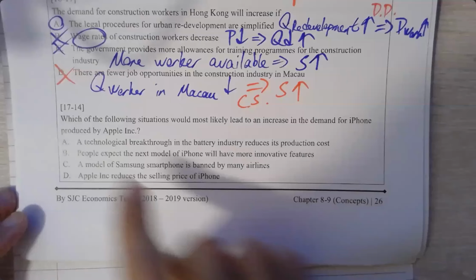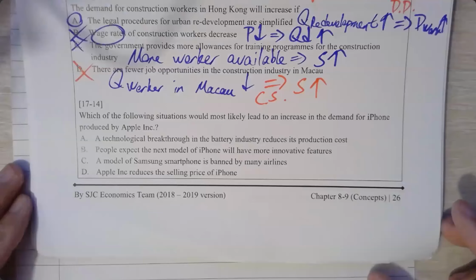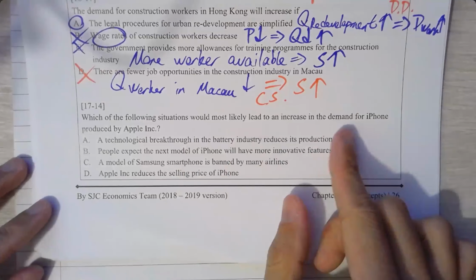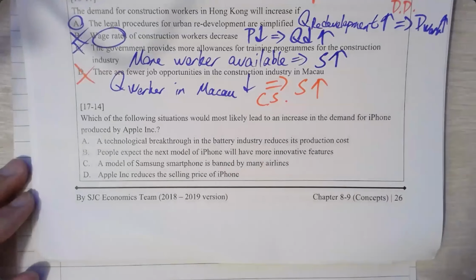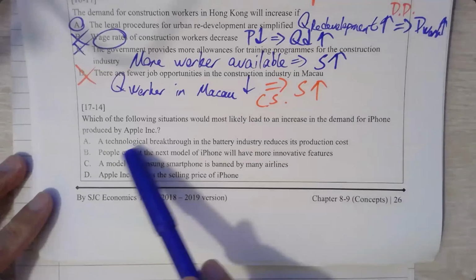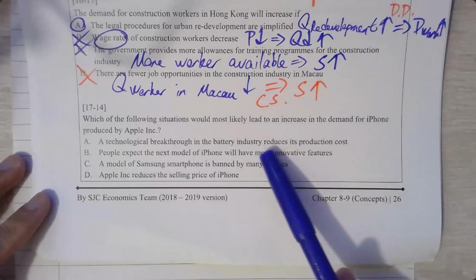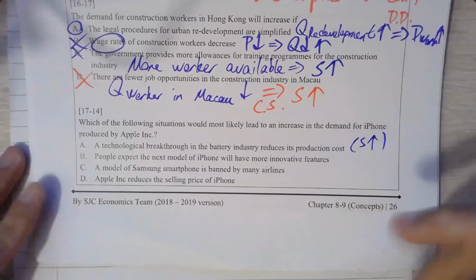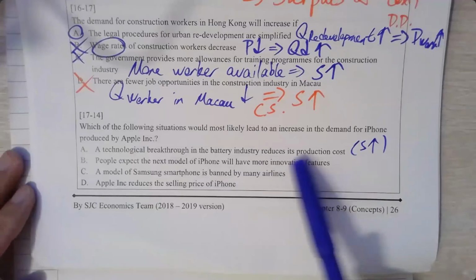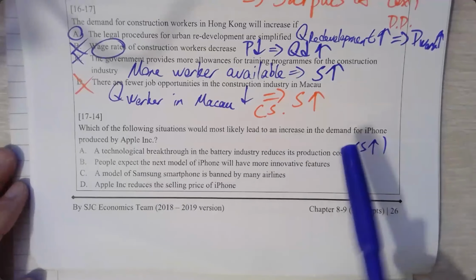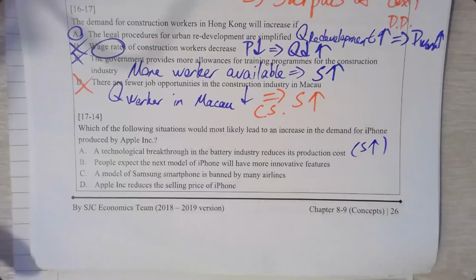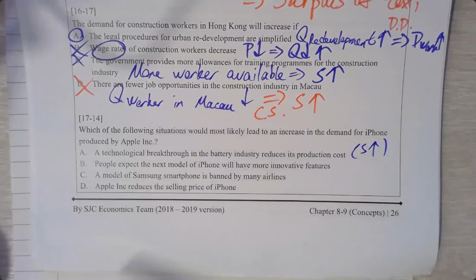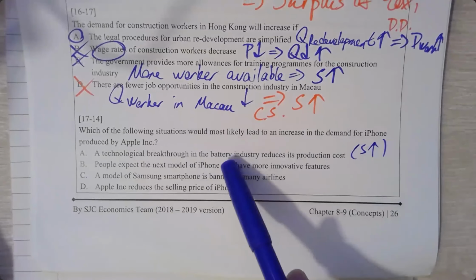OK，好嘛？Now 2017. Okay, now which of the following situation would most likely lead to an increase in demand for iPhone 係咪？佢而家 iPhone 嘅 demand 上升喎。technological breakthrough in a battery reduce production costs。OK，咁呢個 supply 上升啫，係咪啊？By the way, I think this is a joke。OK，當年啊，考評局上they want to poke fun at both Apple and Samsung。發生咩事啊？當年17年。不論係 Apple 定係 Samsung，OK，both of them has some very serious issue